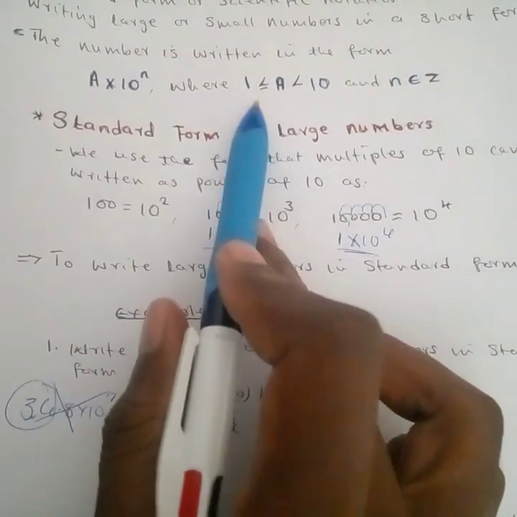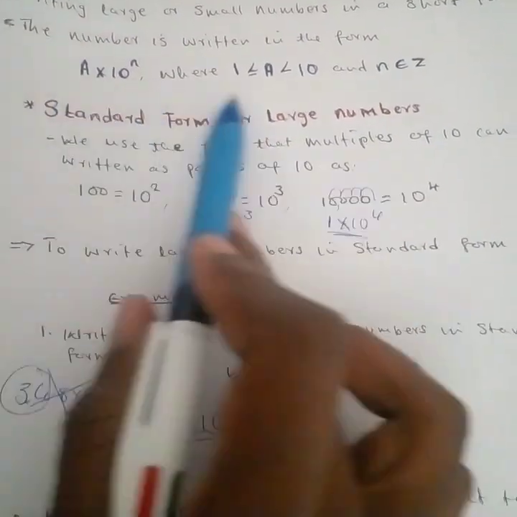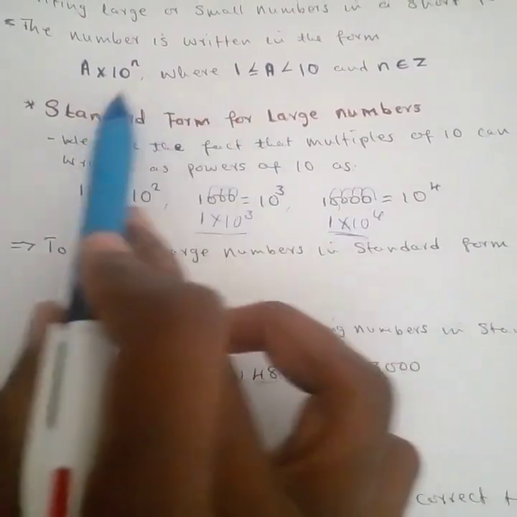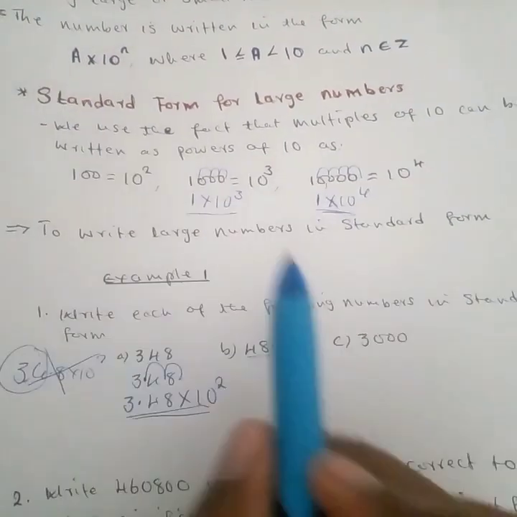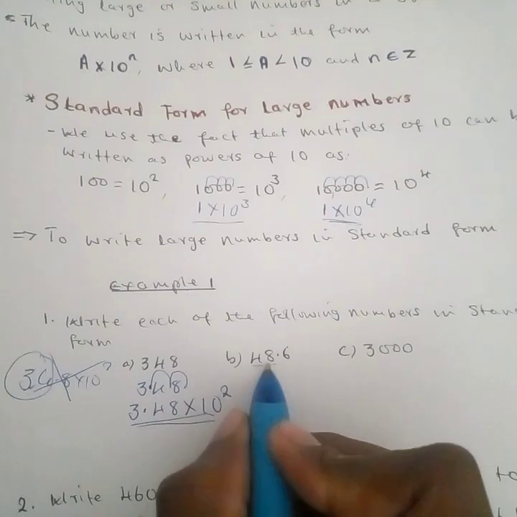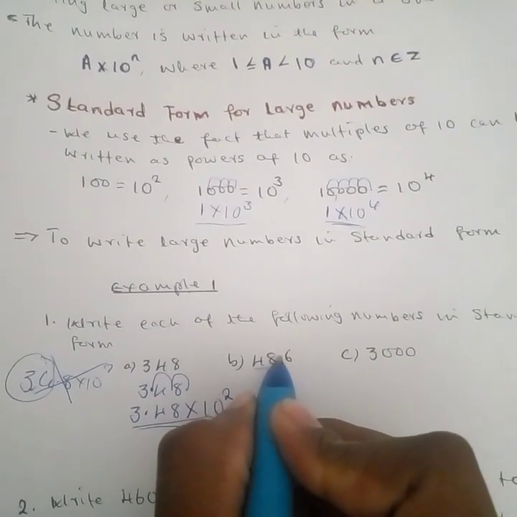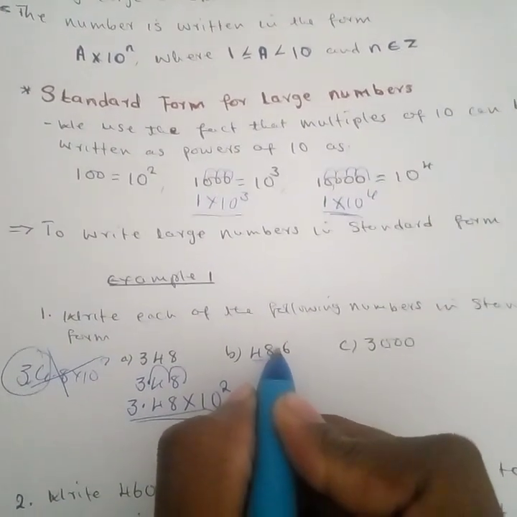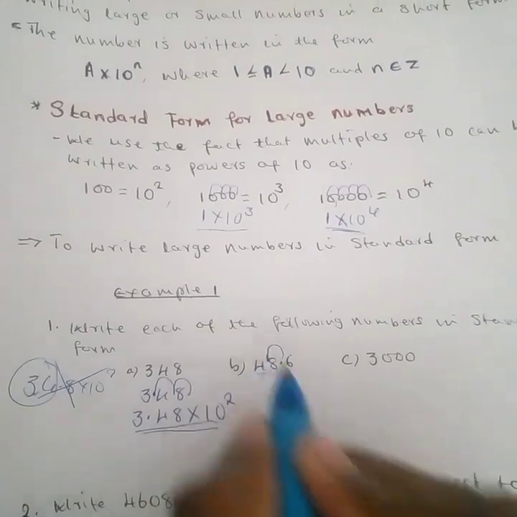And they said that there should only be a number which is greater than or equal to 1 on this side, and it should be less than 10. So we are simply saying this number is big, so we are going to move this decimal point to the nearest whole number. We are going to move it once, 1 there. So we have